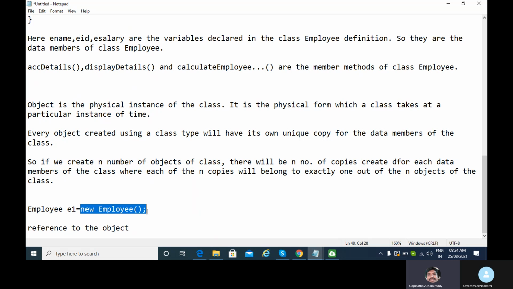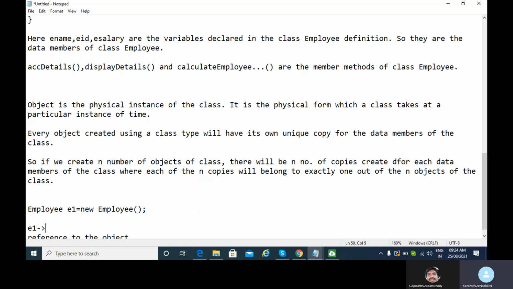But pointers are not there in Java. Obviously, pointer is not there. That's why we are not using the arrow operator. If you remember, in case of C++, we use arrow. Here we use directly the dot operator. So it is not the same as a pointer. It is just called a reference variable. I just said that you can maybe think of it along the lines of a pointer, but it is not exactly like a pointer. There are still differences, obviously. E1 is not a pointer variable, it's called a reference variable.